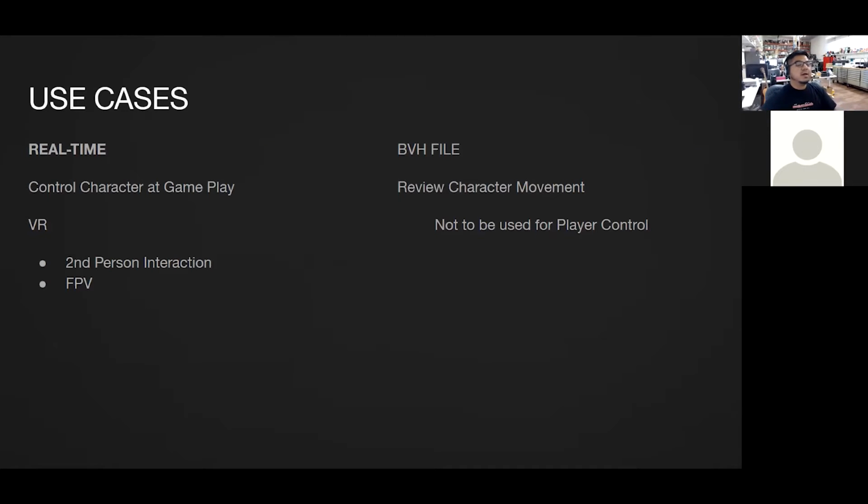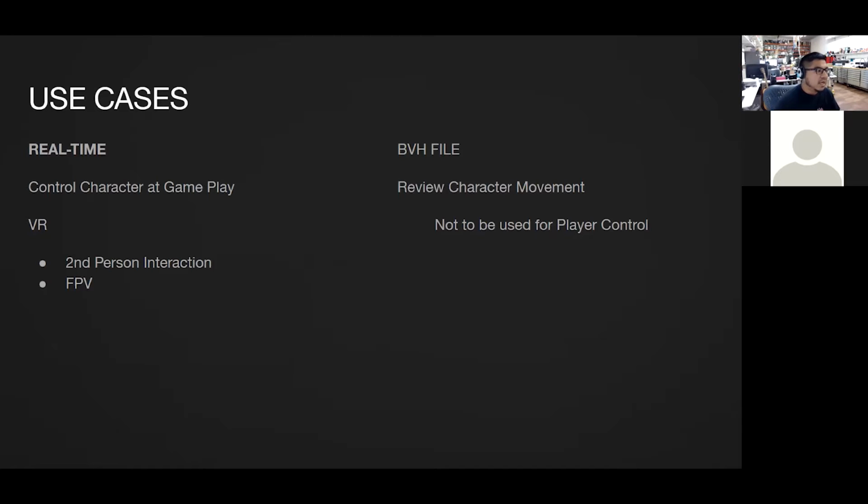With real-time, how would you use real-time data from our software? You can use either Access Studio, Access Neuron Pro, Access Neuron. You can use all our Access software to stream real-time data to this plugin, so it's ready out of the box. So in real time, you can control a character at gameplay. This is good to just have a look at how your character moves around in space. If you want somebody to perform like your character, like a casting, if you will, that's a good way to use